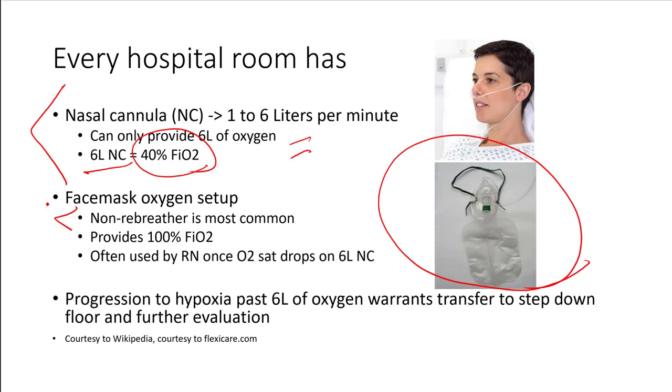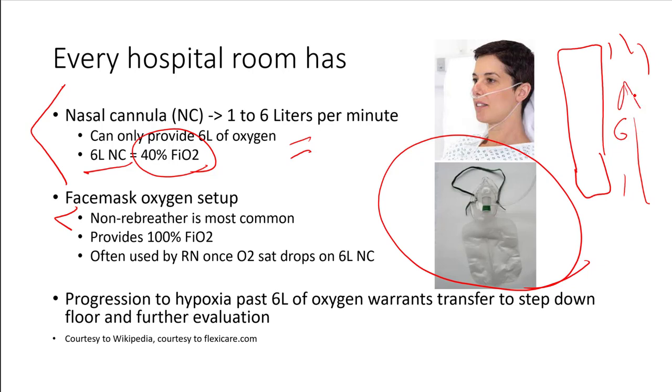And just so you know, that thing behind the bed, the oxygen little gauge that tells you 1 liter to 14 liters. If you're on nasal cannula, here's 6. You may see it turned up past 6 behind the bed, but it's not going to be giving more than 6. If you put this mask on, the non-rebreather, they often will crank it up closer to the max, and